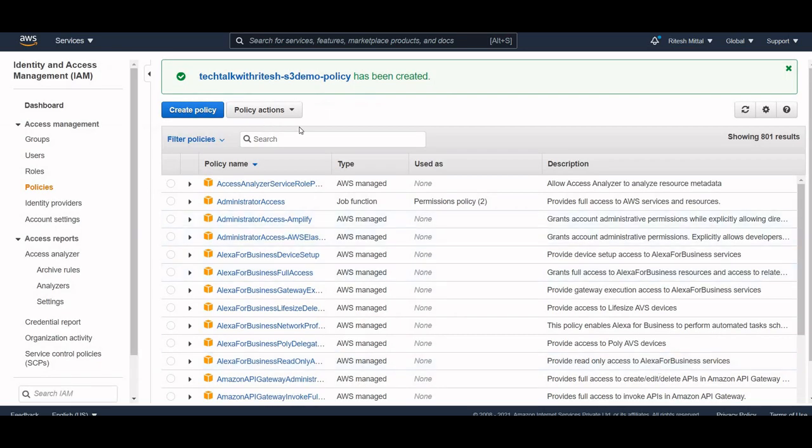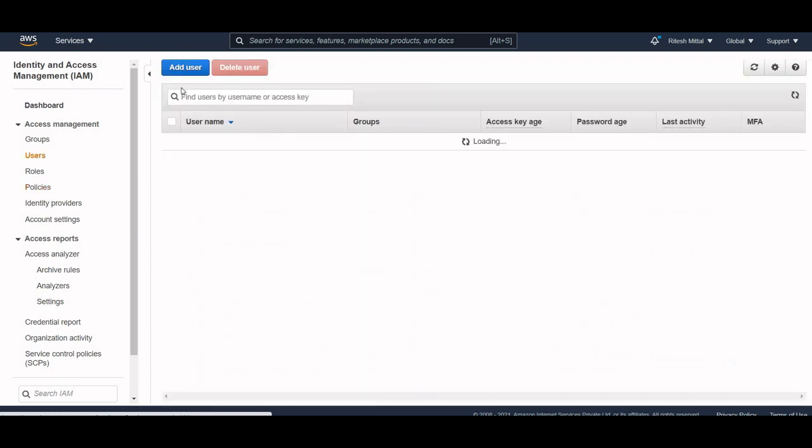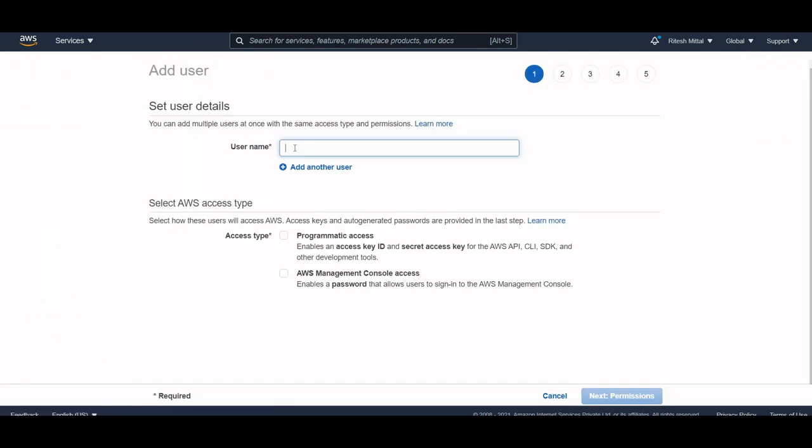After you create the policy, we will create a user and assign this policy to that user, because we are going to use this user's access key when we configure S3 as a data store. So click on Users, then Add user.